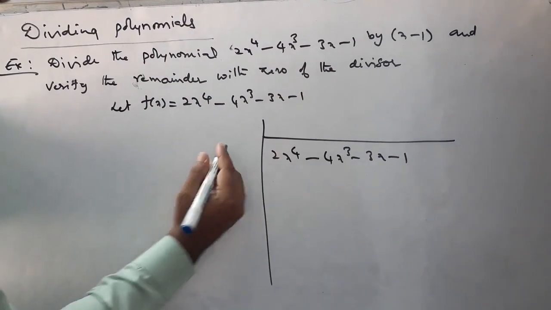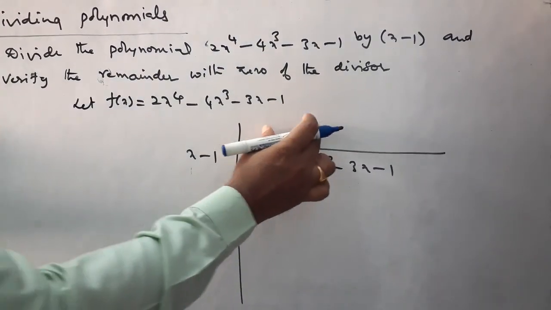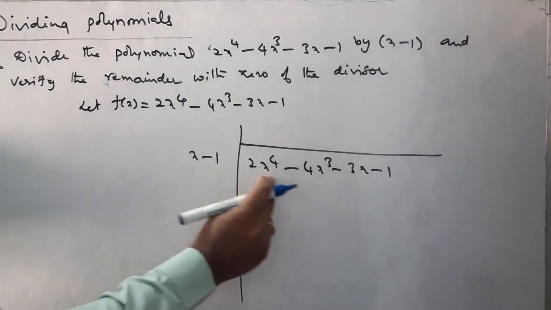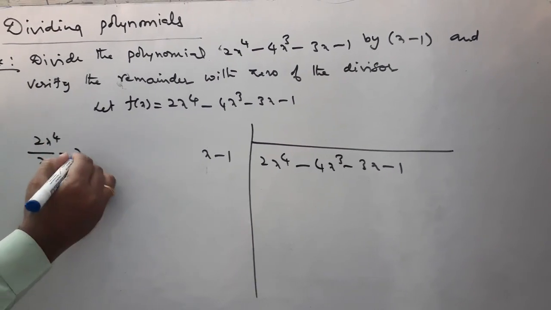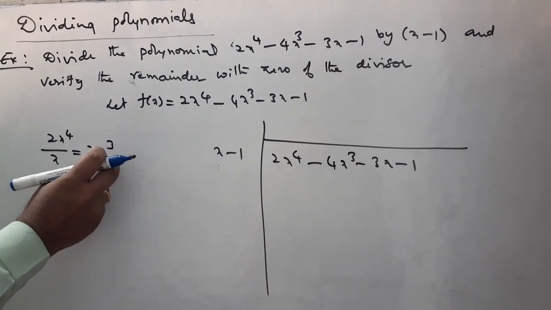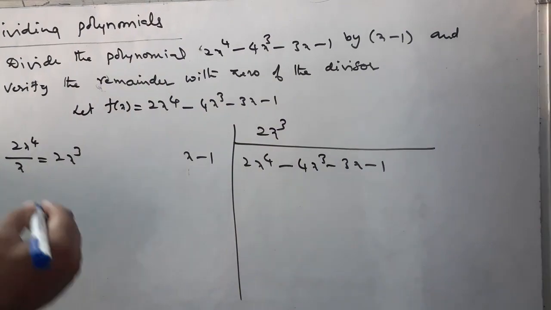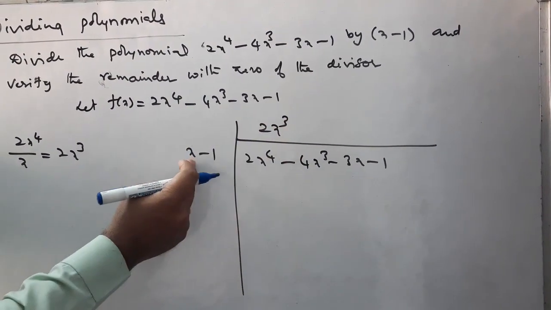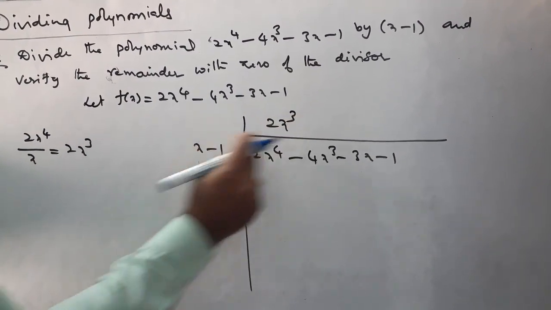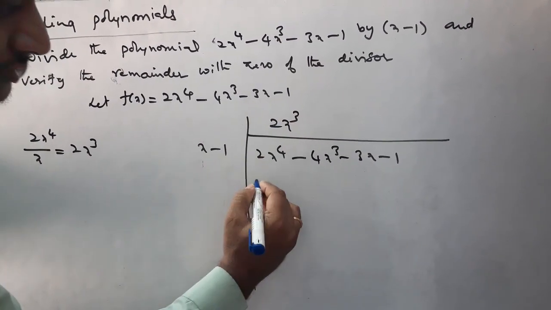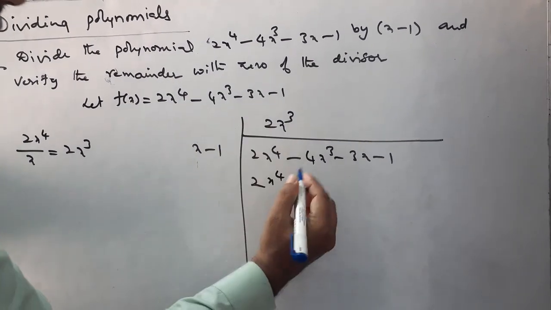2x to the power of 4 minus 4x cube minus 3x minus 1. The divisor is x minus 1. The quotient we have to write here. First of all, we have to take 2x to the power of 4 by x. We will get 2x cube. So 2x cube is the first term of the quotient. Then 2x cube multiplied with x minus 1, we have to write here 2x cube into x, we will get 2x to the power of 4,